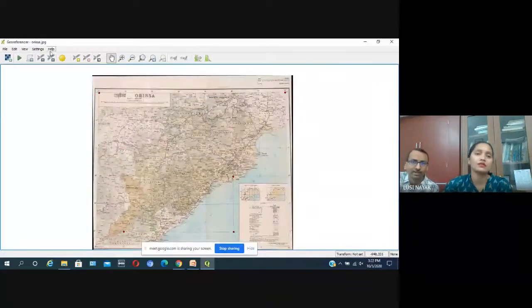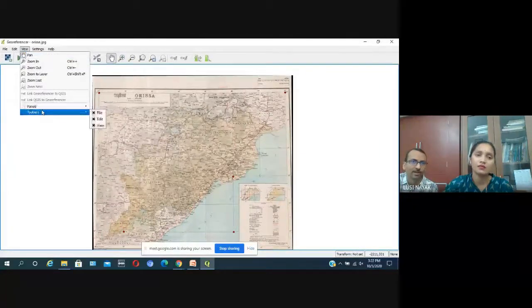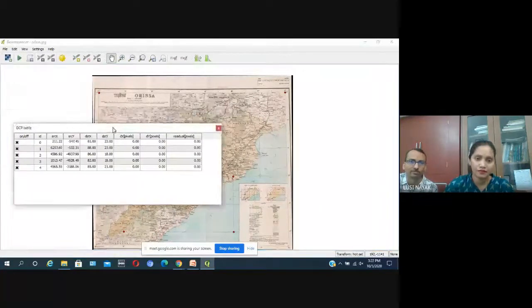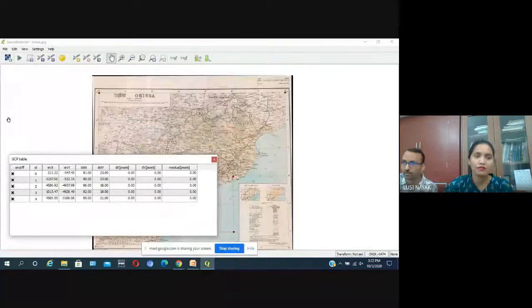In fact, the values, whatever the points we have put, we are inputting the values. If some error is there, how to rectify it? The table should be there, but table is not visible in this window. So we have to bring that table. It is under view, panels, GCP table. It is switched off, so switch it on. Yes, now the table is up.